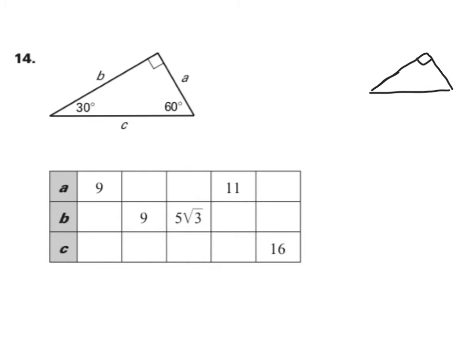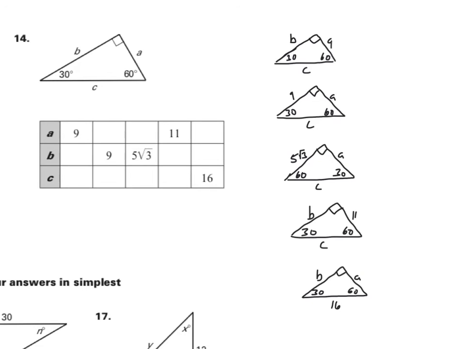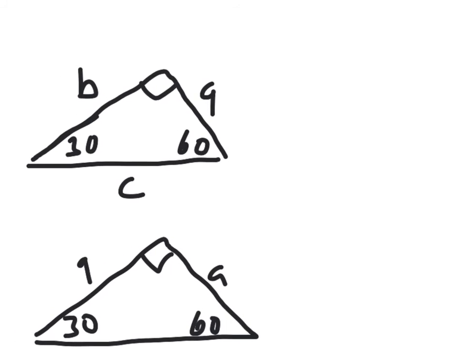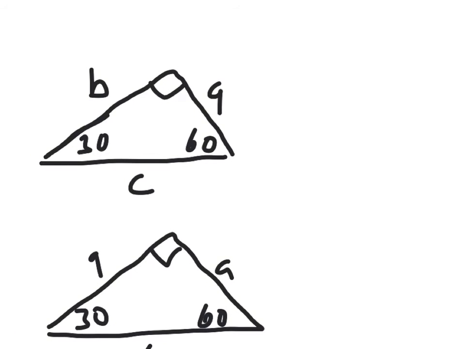Alright, so I've got my 90-degree angle here, this is 60, this is 30, and they tell me that A equals 9, so that's this side right there. This is B, this is C. Okay, so I'm going to take a moment then to draw the rest of these triangles. Alright, so again I've got these triangles all laid out for us, so now we need to go through and solve. So looking at the first one,